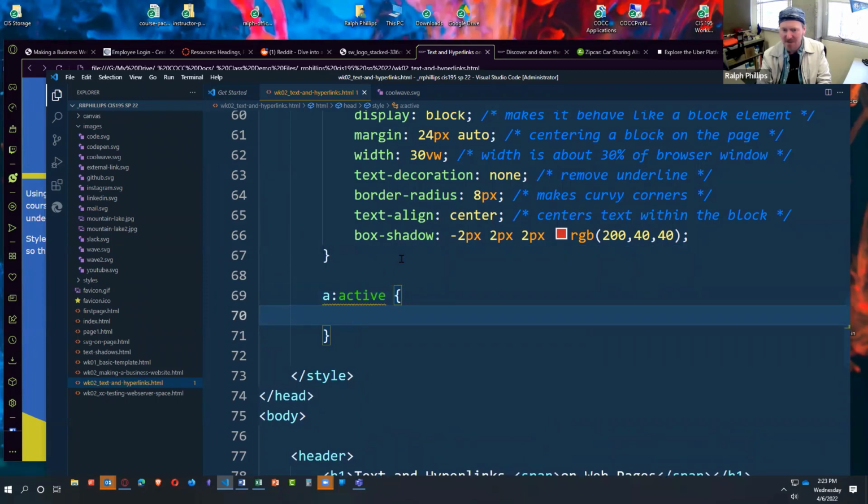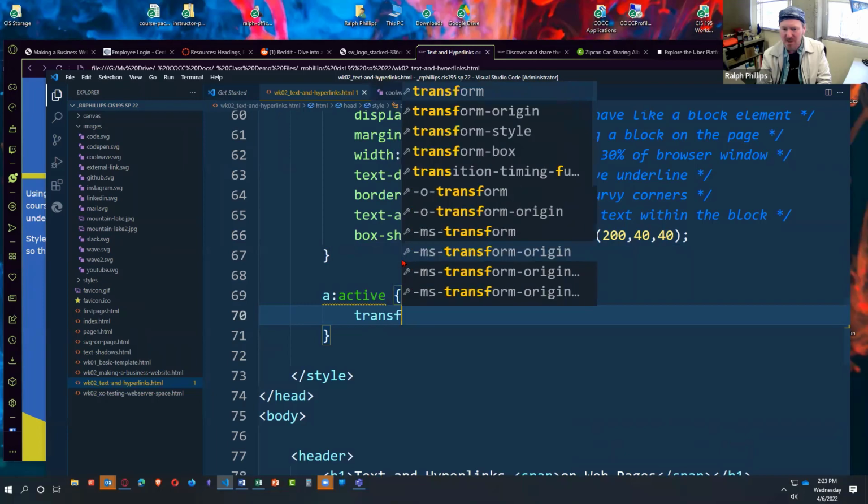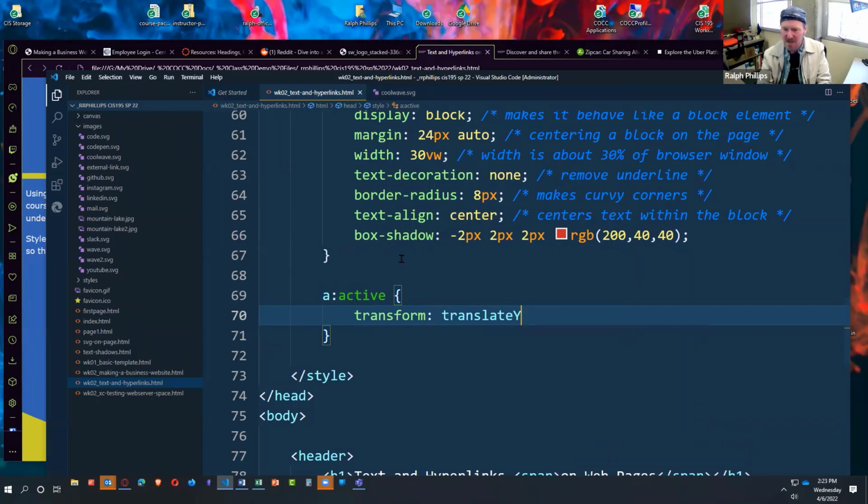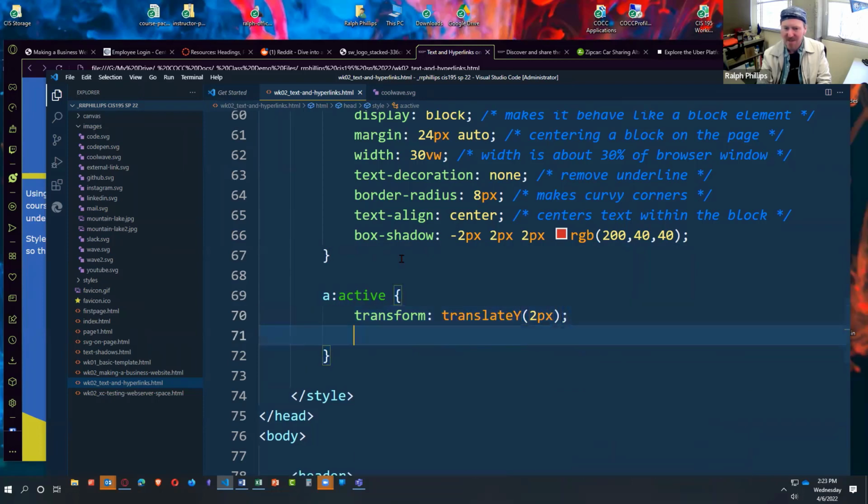And then I'm going to do transform, translate. I want it to go down. That's going to be translate Y, 2 pixels. Is that what I want? We're going to find out. And I'm going to say box shadow,